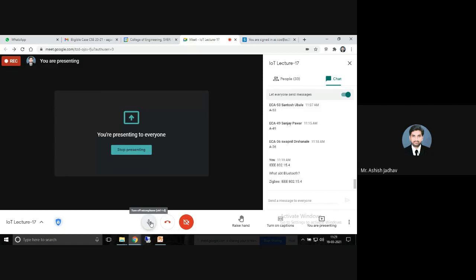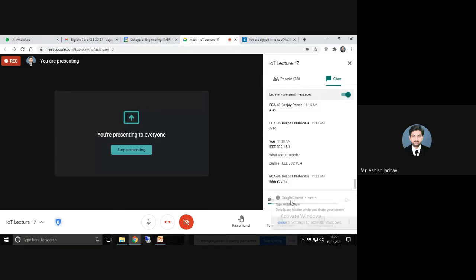What is the standard for Bluetooth? 802.15.1. Correct. For Bluetooth, it is 15.1. Correct. Right. So you should remember these numbers because the MCQs are being asked on